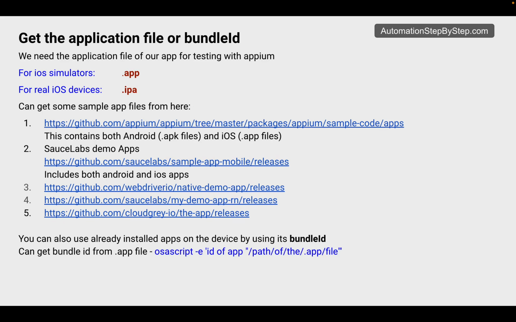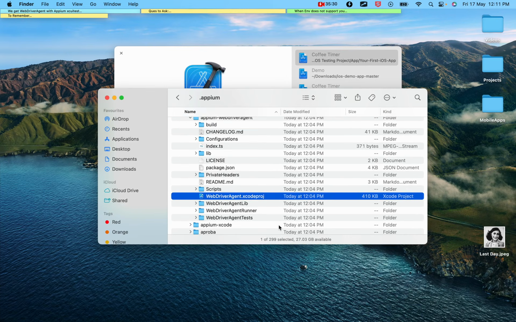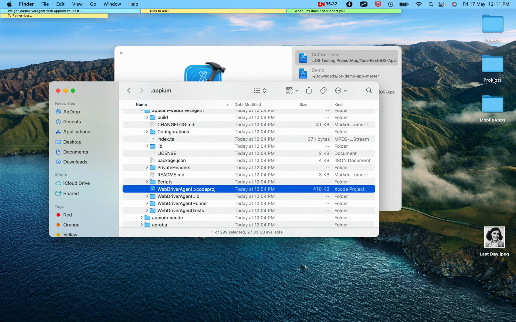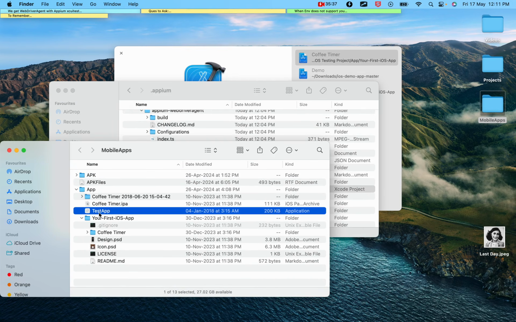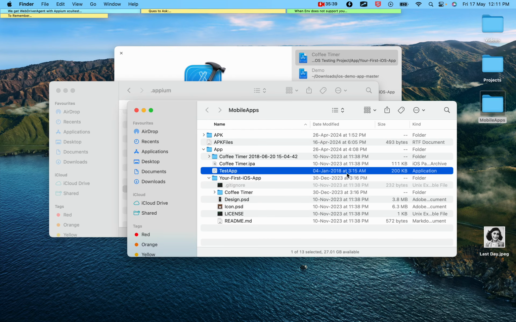And for getting the bundle ID, you can get it from the app file or the IPA file. In that case you can run this command, osascript -e 'id of app', and give the path of the application file, that is the .app file, and you will get the bundle ID. So if I just show you, I have some sample app files. Let me go and check. Yes, I have this. Let's say this is the test app, this is a .app file, and